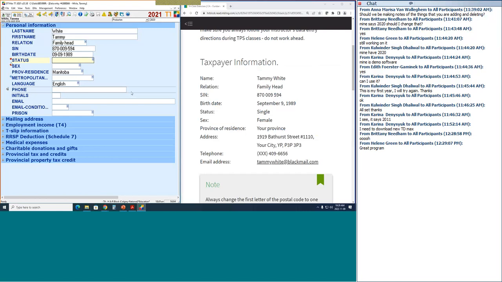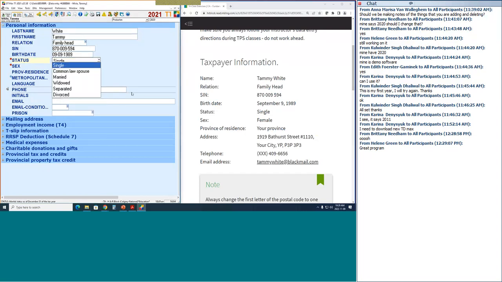All right, so this one we know is marital status. We know that she's single. We have to put single. You can do this a couple of ways. You can use the drop-down box and then click with your mouse. Or if you prefer, when you get here, so I'm going to do my tabs. If I press